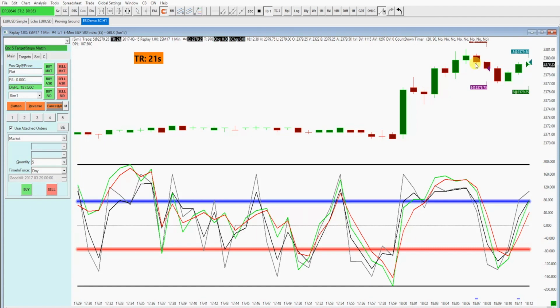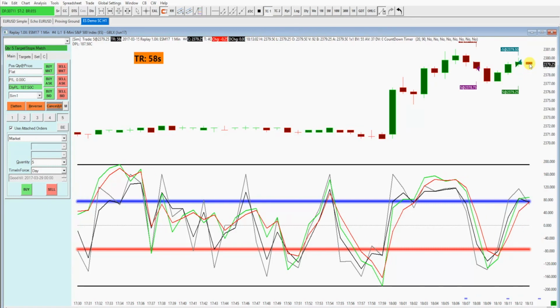Okay, it looks like we got out of that trade. It took about 40 seconds. 24 hours a day, 5 days a week on the Forex market, there's plenty of opportunities to trade when you're not at work. Whereas in the futures market, the prime times to trade are generally when people are grinding it out in their 9-to-5. So it doesn't leave you a lot of opportunity to play in the market or to practice. So a lot of people, especially that we train and coach, will try their hand at Forex first,